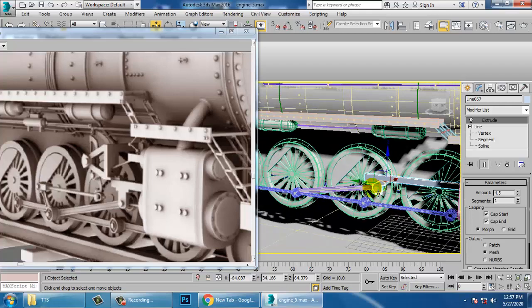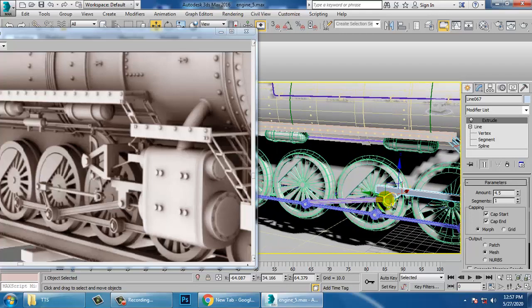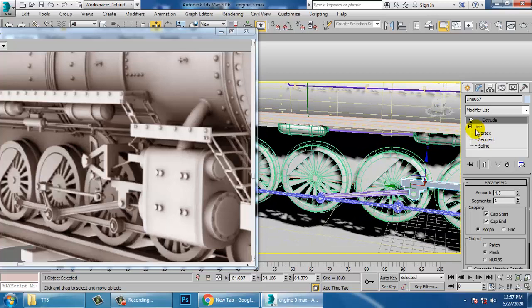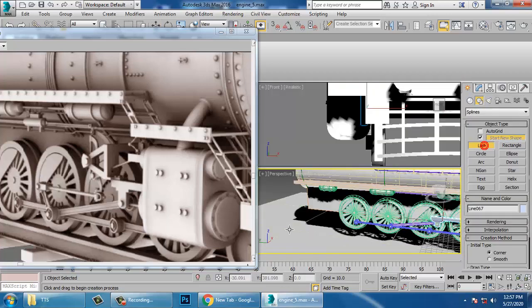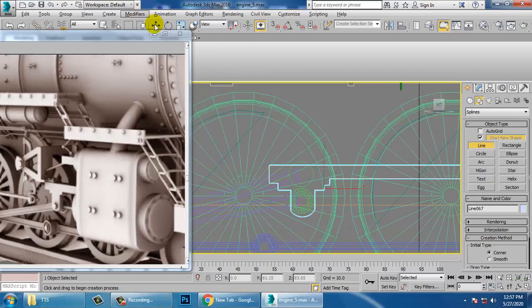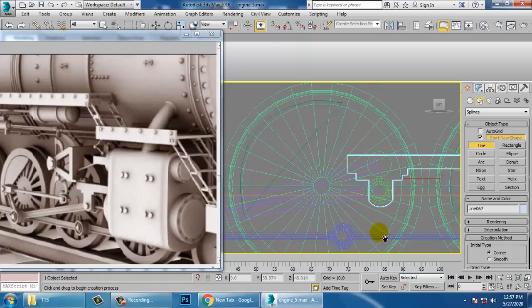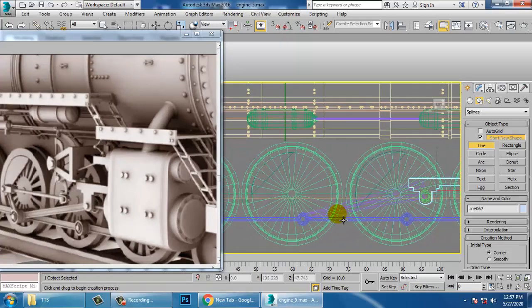Once you're done with this, now let's go over here and we need to create one more part. So let's again take the line tool, and go into the side view over here. Just push it in this way, push till here.